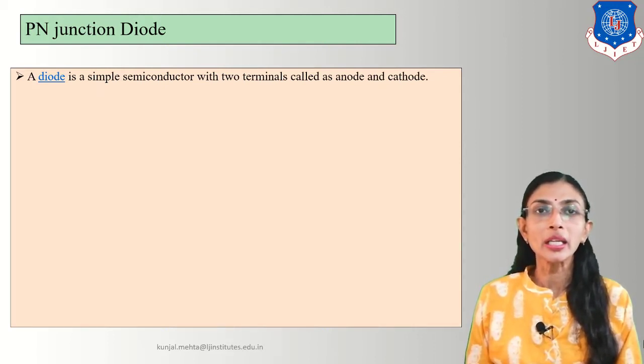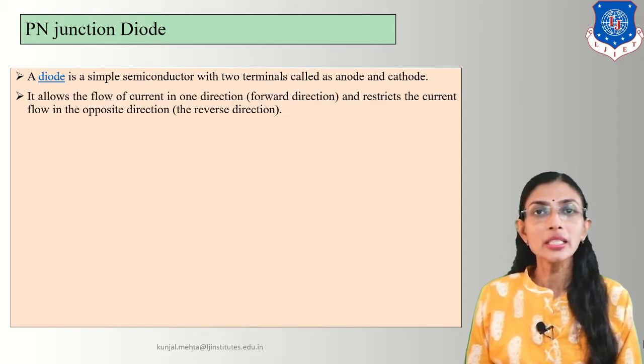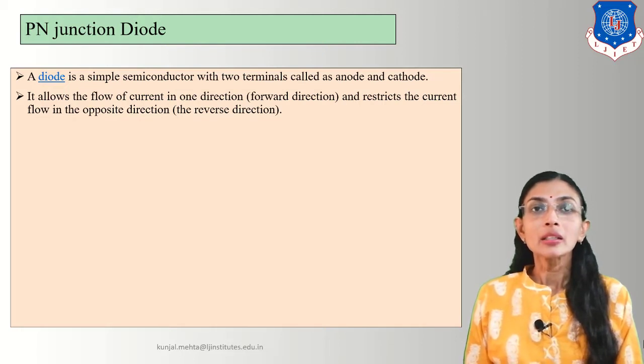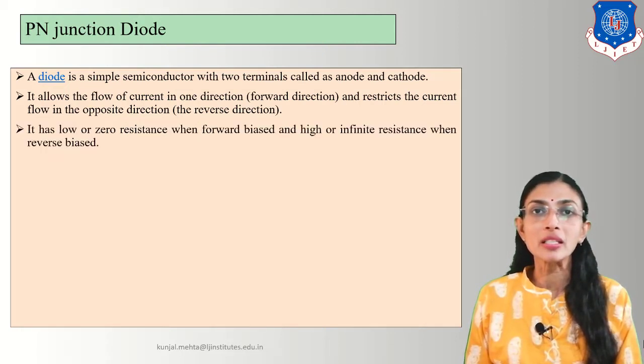According to the diode concept, actually it is a unidirectional component. That means we will consider two cases of the PN junction diode: one is forward bias and another is reverse bias. That means the diode will always allow the current to flow in only one direction. It always allows current to flow in forward bias, and in the opposite direction, in reverse bias, the diode does not allow the current to flow. So dear students, in forward bias the diode gives very low resistance, and in reverse bias the resistance is very high.